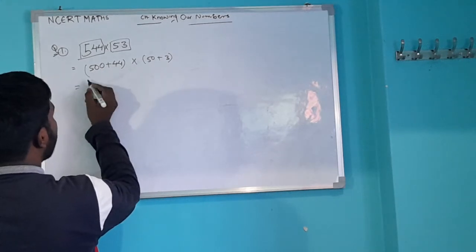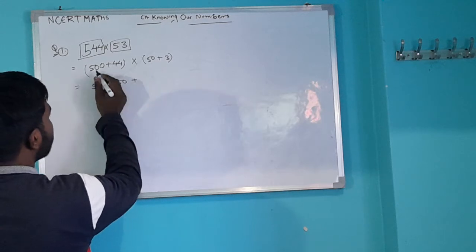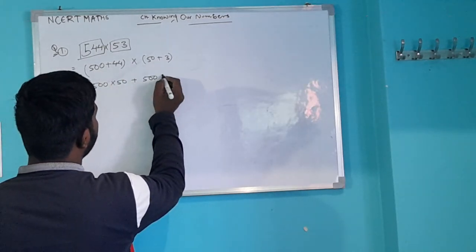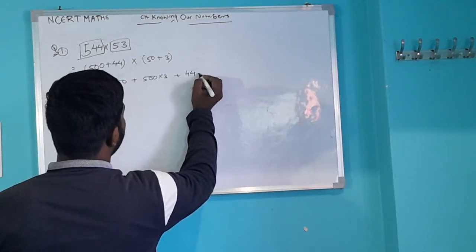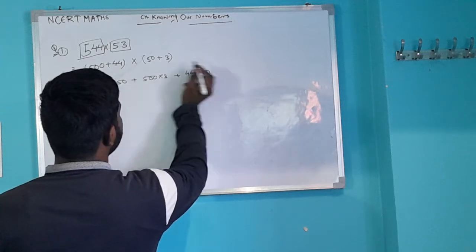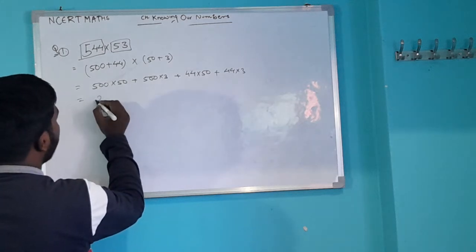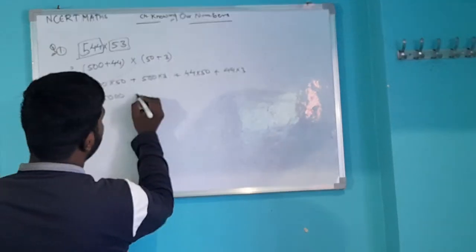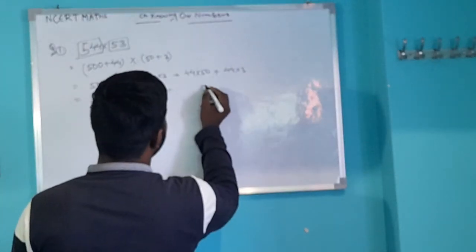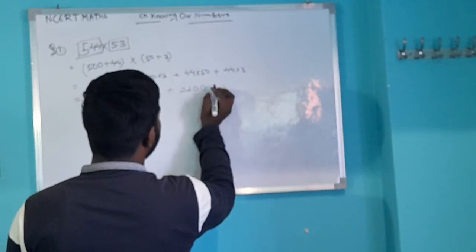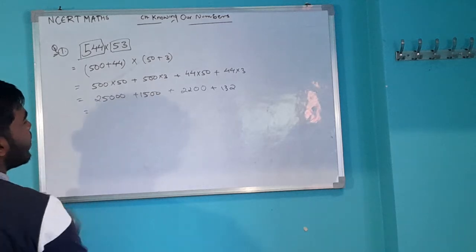Firstly we multiply the first part with the first one, which is 500 into 50, plus first part into second, 500 into 3, plus second part into first part, 44 into 50, and then second part to second part, 44 into 3, which we get 25000 plus 1500 plus 2200 plus 132. After adding this number, we get